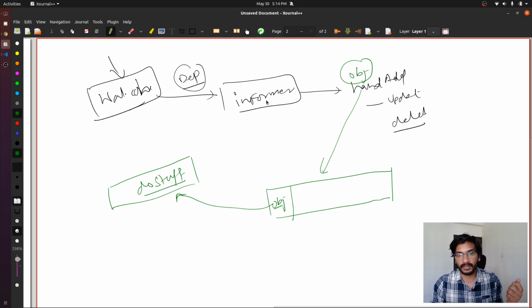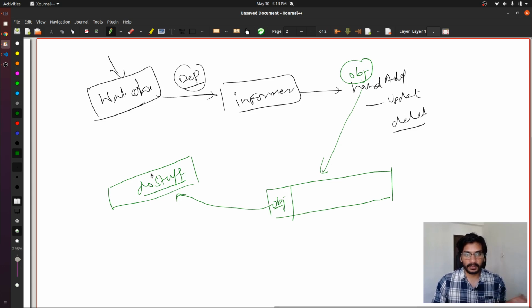To do that, we created an informer factory, and we passed the deployment informer from that informer factory to the controller. Now, in the controller, we are going to register these three functions for add, update, and delete events. Once we have registered these, the functions are just going to add the objects to the queue,